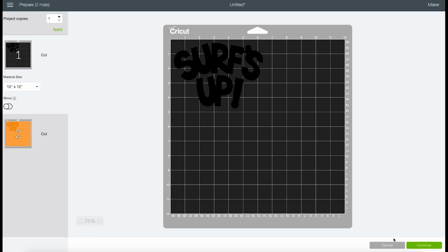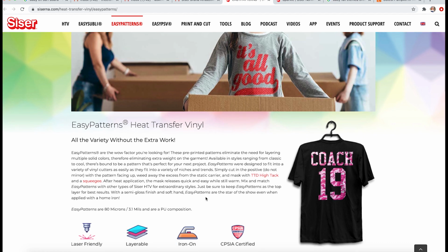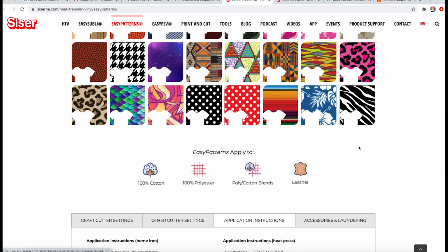So I'm going to switch you over to this really quick. This is the pattern HTV that I'm going to be working with. So a couple of things. If you read this little paragraph here, it tells us that in order to apply this to our material, we're going to be using this TTD high tack mask and then a squeegee. After the heat application, the mask releases quick and easy while still warm. So it's kind of similar to peeling off a carrier sheet, I'm guessing, with regular HTV. But this is my first time working with this actual process or material, so we'll see how it goes. So it gives you more information, has some fun patterns here, and then down here, most importantly,